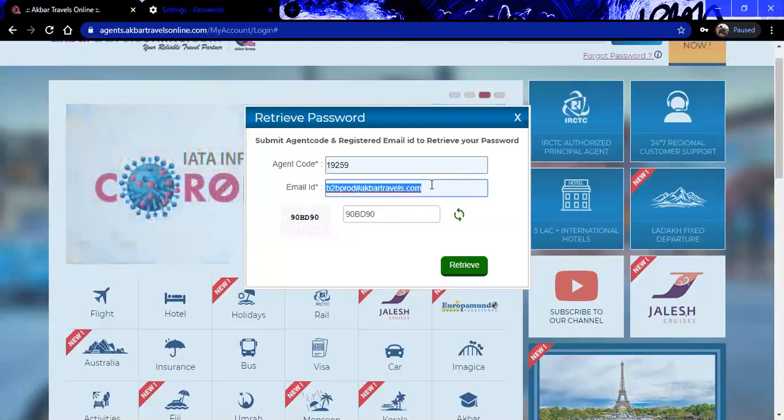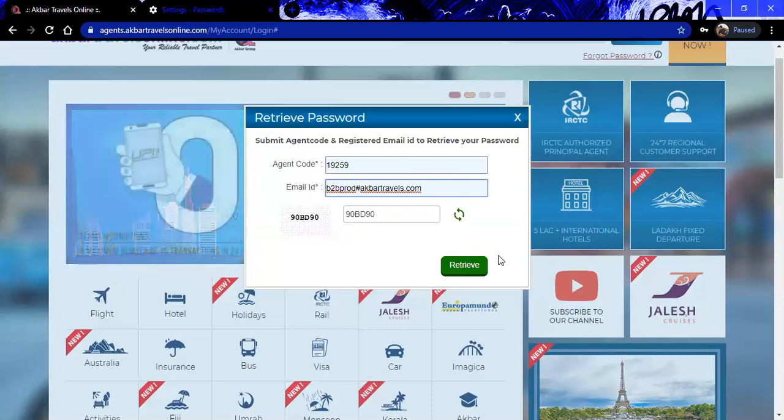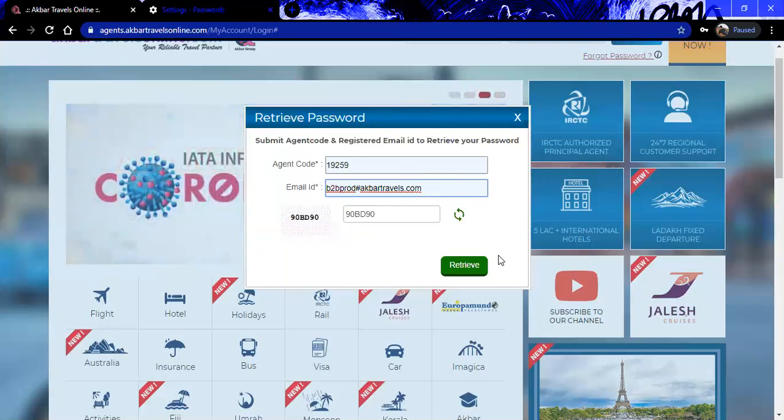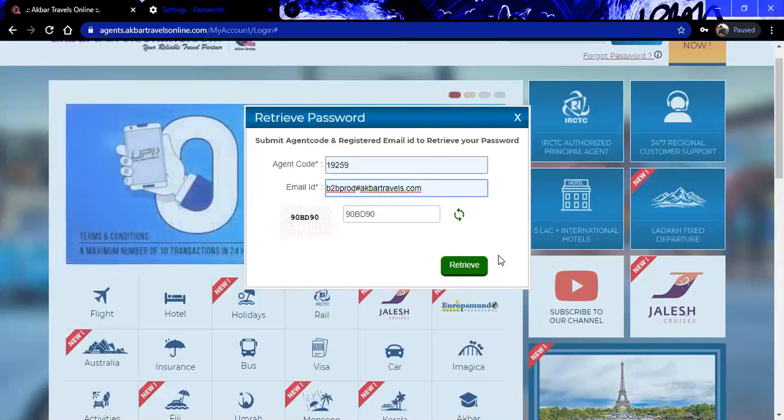Okay, so this will work for them only. This was the main user base. Once you click on that, one email will be sent to the registered email ID with a link. Once you click on that link, an OTP will be sent to the registered mobile number on WhatsApp. As we know, each and every agent is using WhatsApp nowadays, so a WhatsApp message will go with an OTP to become an agent.